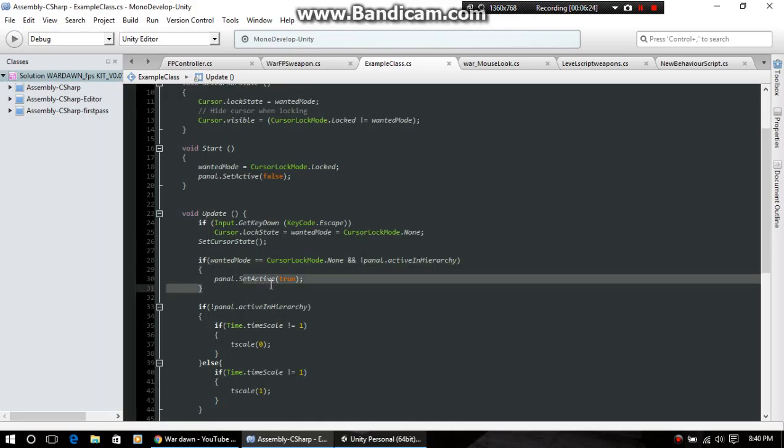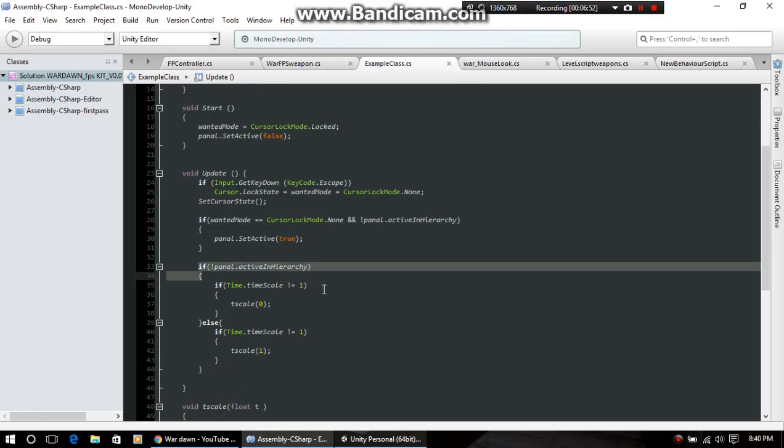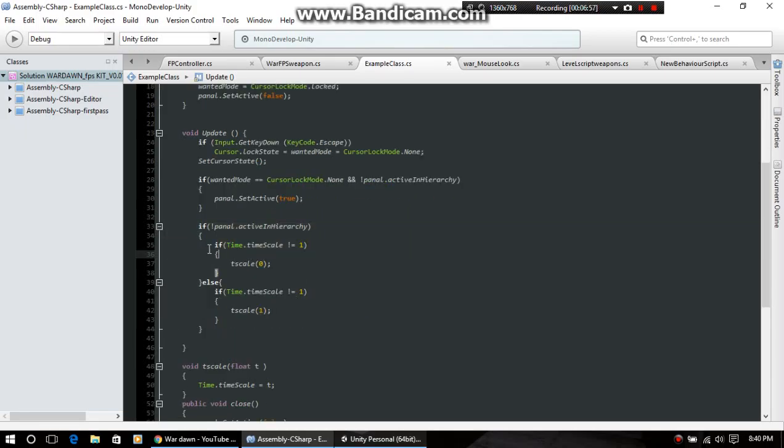So we do an if statement. If wanted equals none, and the panel is not active in the hierarchy, like so, basically it's set the panel SetActive equals false. If it's not false, then we set it to true. And this is another if statement. If it's not active in the hierarchy, we go into another if statement